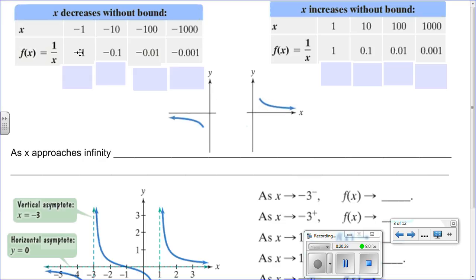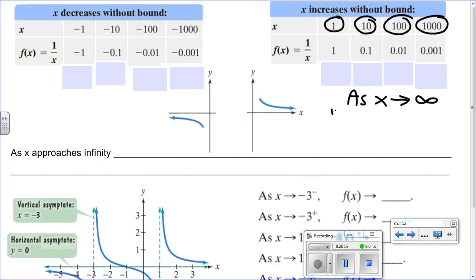Okay, so what we are looking at now with arrow notation, we were looking at this question. Okay, let's do the right side. So here, if you notice, we started with x equals 1, and then it got larger, and then larger, and then larger, right? So the question was, as x approaches infinity, or as x increases,